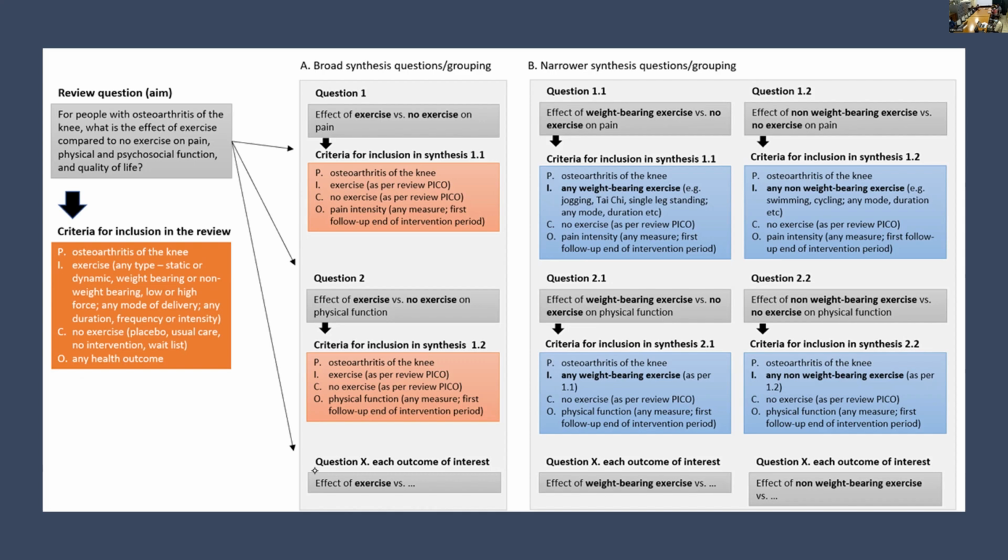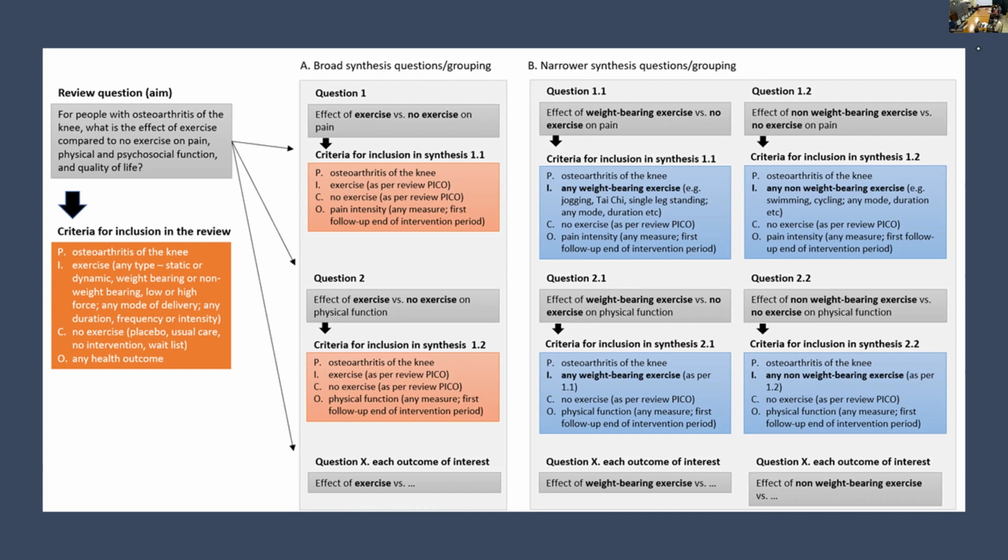In the first one, I had taken the outcome to be pain intensity. In the second one, I had said physical function. So it is a little different, but not significantly different from what the review PICO was. On the other hand, this is called a narrower synthesis question or grouping, where I decided to split the